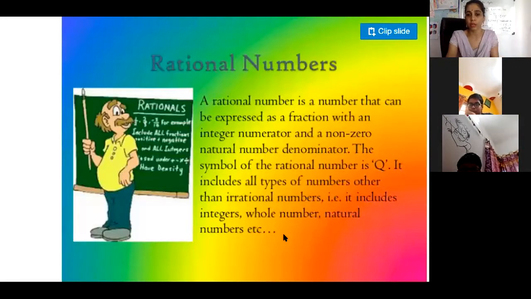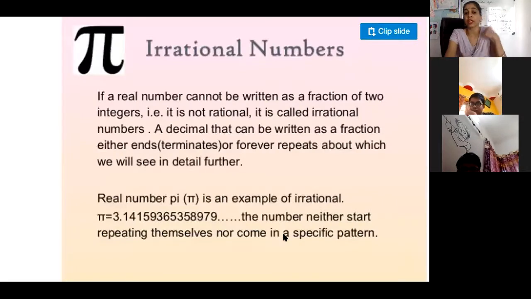You know about rational numbers. Now let us skip rational. We are talking about irrational numbers. अभी आपने आदित्य बताया था pi की value, pi is 3.14159365358979 and it goes up to infinity. So you are now clear, it is not stopping, and we cannot find any pattern, something repeating. Can you find any pattern in this? So it is irrational.